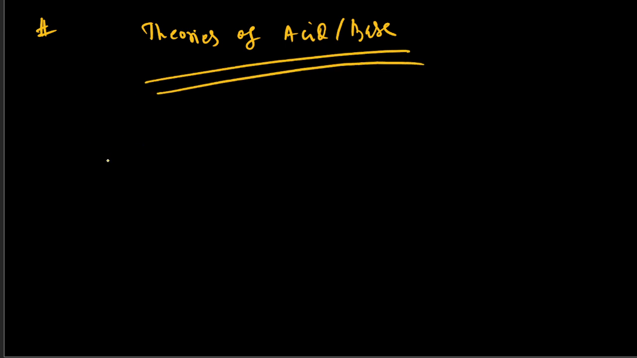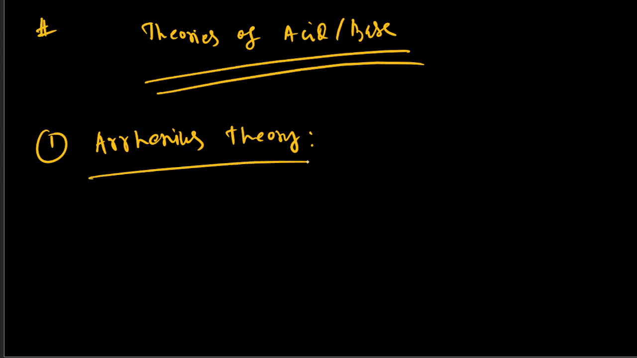So next we are going to study the theories of acid base. Many theories were there, but mainly three theories are very famous. So the first theory is Arrhenius theory. What he says, this theory is mainly an aqueous solvent theory,